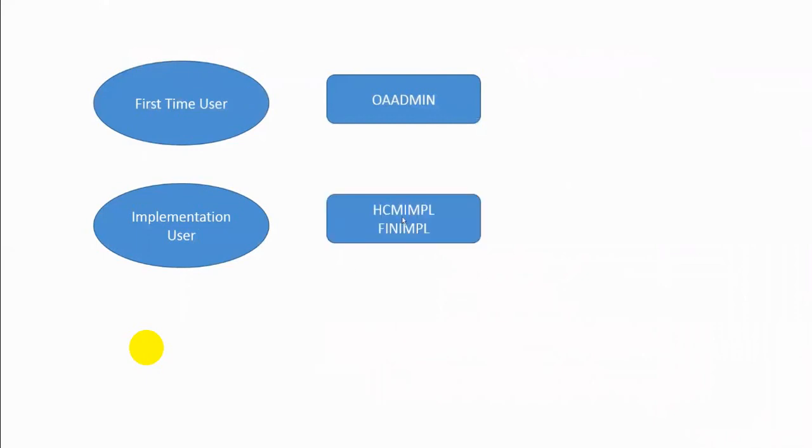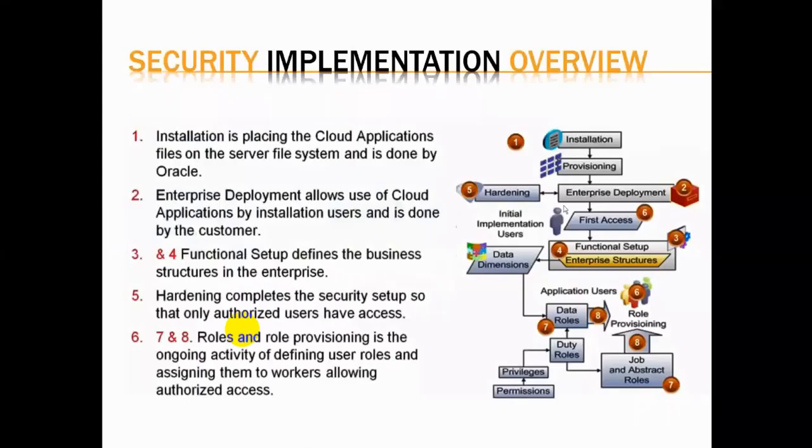For example, if you are doing an HCM implementation, then typically you have to create one user, something like HR implementation, or something like that. And if you are doing a finance implementation, a user something like that. Typically, this implementation user will create enterprise structures related to HR, and this implementation user creates enterprise structures related to finance, right? Once they create the enterprise structures, we have the structures already, then typically we can do the real implementation of the offerings.